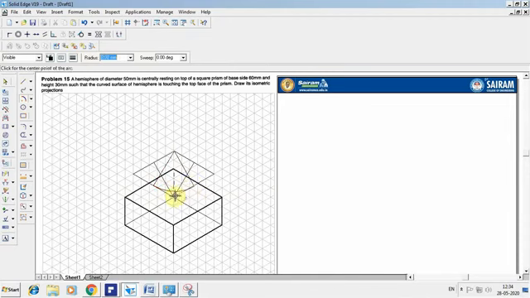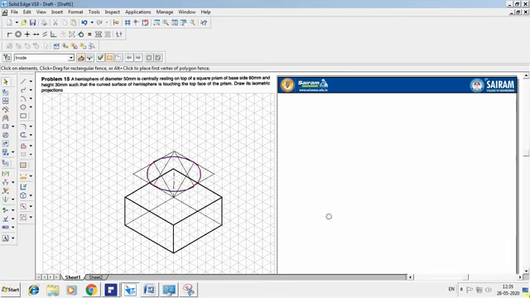Similarly from here to the other end. From the intersection I want to connect to this, and similarly from this intersection to this. Once you're done, you select this, and if you're drawing in your sketchbook, make sure that you draw thick lines for this particular circle.